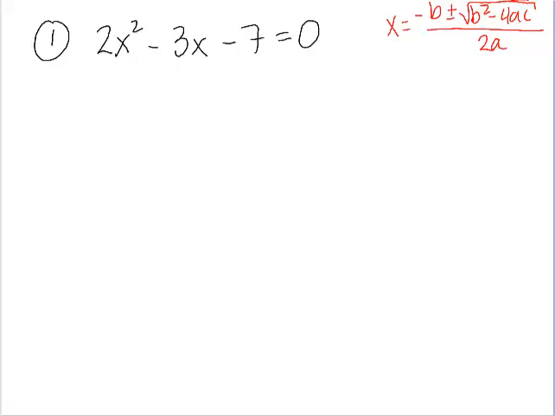So what is our a here? Let's just write this part out. So a is what number? 2, and b is what number? Negative 3, and c is negative 7. So now we're just going to use our formula. When we see b, we will replace it with b. When we see a, we'll replace it with a. When we see c, we'll replace it with c. So we start off with negative b. But if b is already a negative 3, what does negative b become? Positive 3. So we have a positive 3 plus or minus the square root